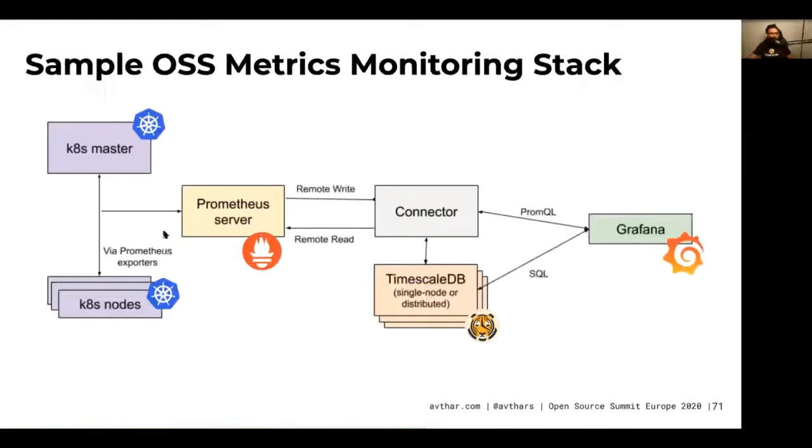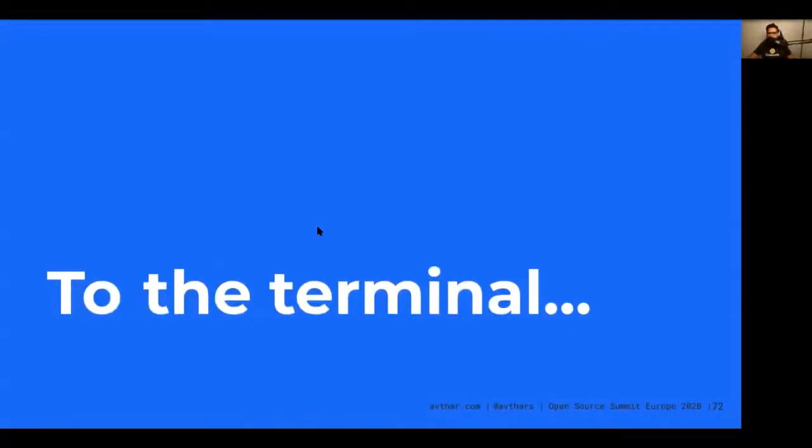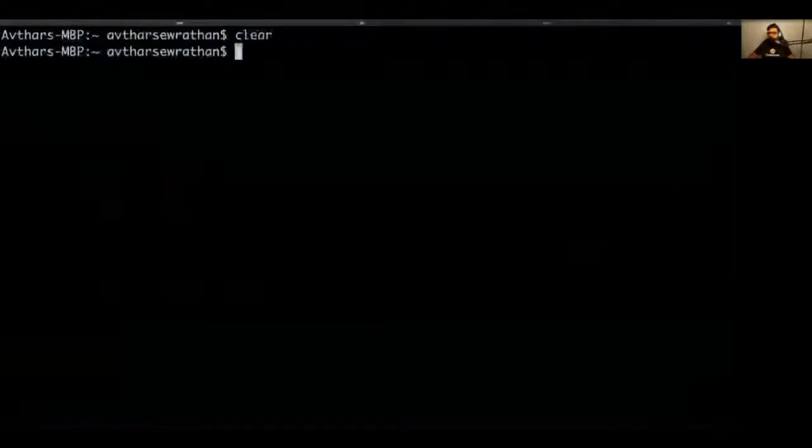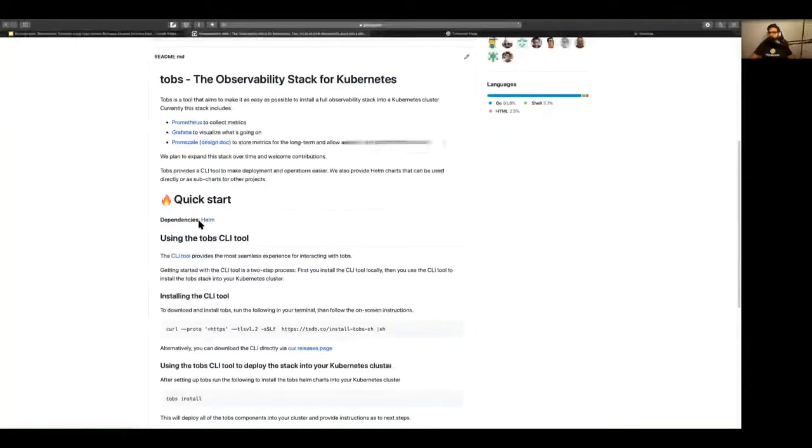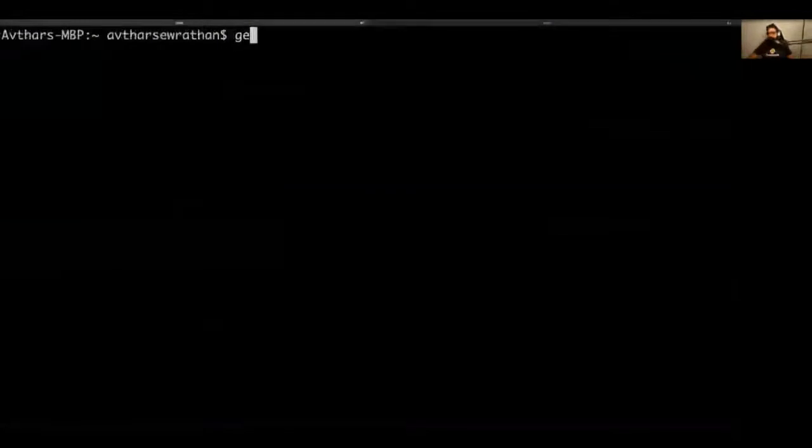So let's actually go over to the terminal, and let's actually set this up. I'm just going to clear my screen. And so the thing that I'm going to use today, let's go back to GitHub, is something called the observability stack for Kubernetes. So what I'm going to do is just install it. I have a Kubernetes cluster here. So let me just show you